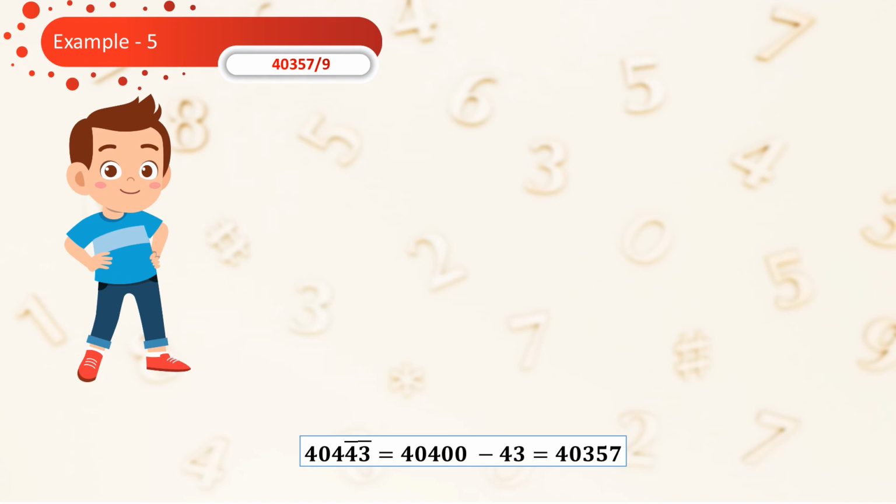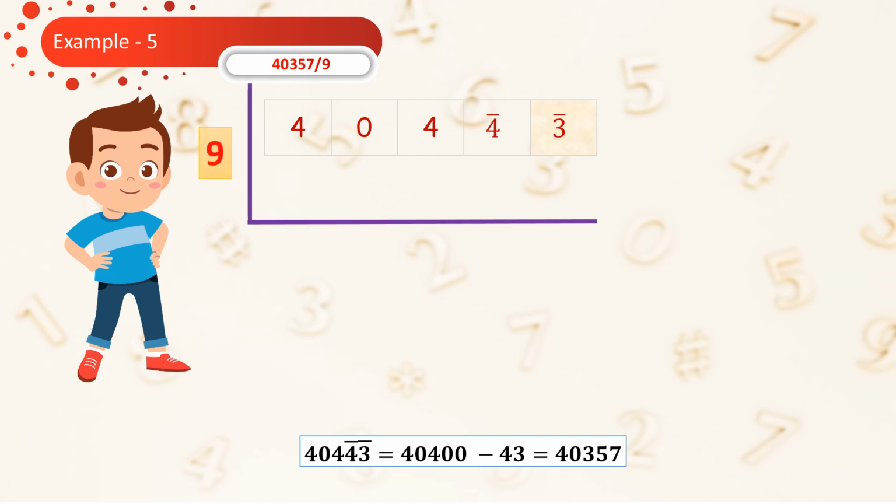So basically what you are saying here is 40,400 less 43 is 40,357. So you can do the division with 404, bar 4 and bar 3 instead of the number 40357. To begin with, start with the number 9, write the 4 as before, put the 4 below 0, 0 plus 4 is 4,